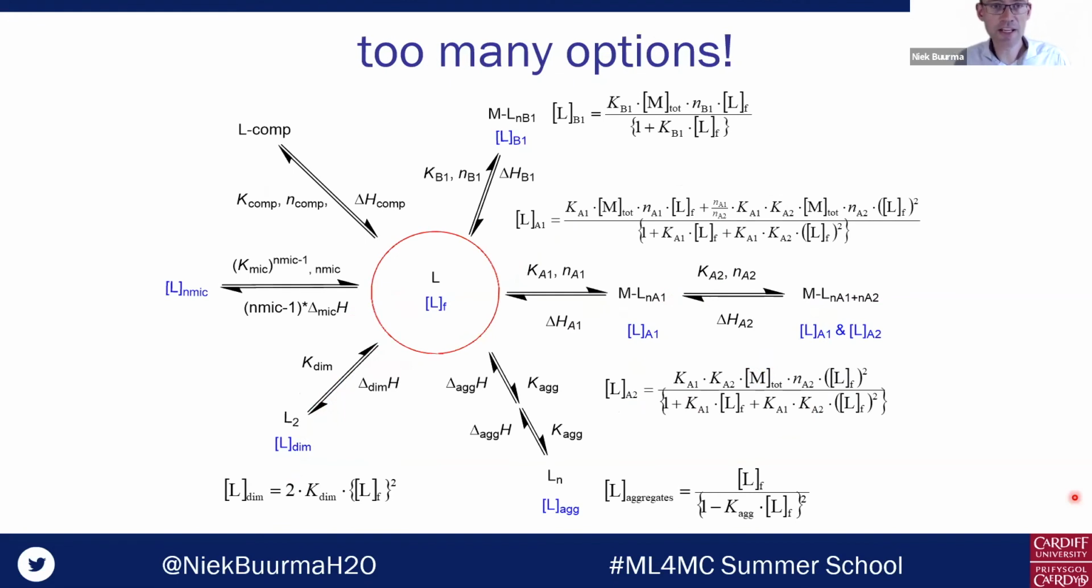Now, in a lot of cases, this leads to too many options. And for those of you who are particularly interested in machine learning, this is the kind of equilibrium system that we have been trying to